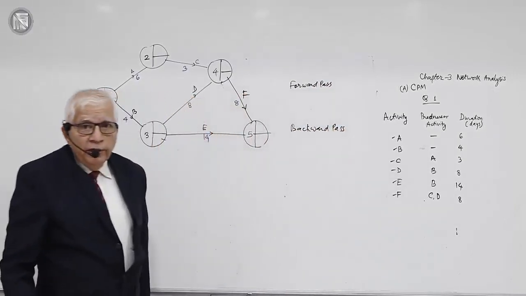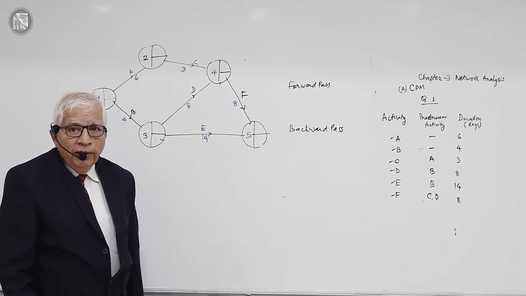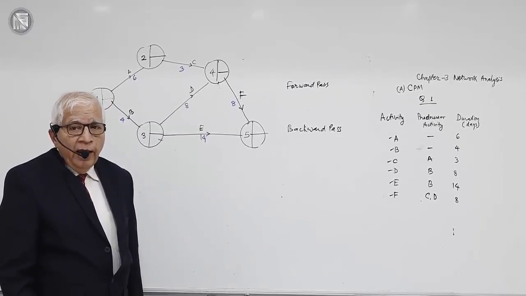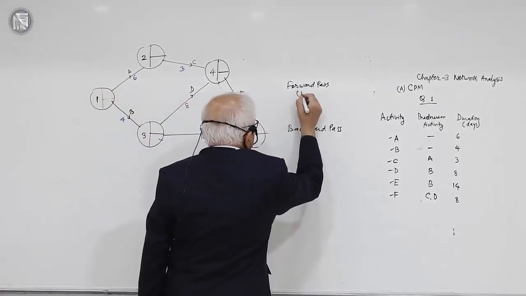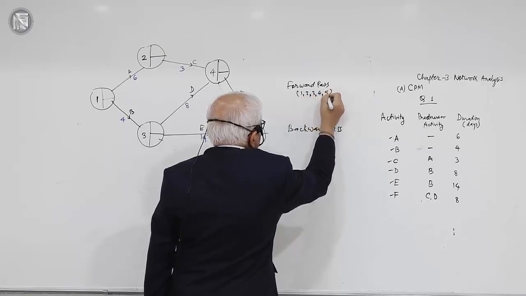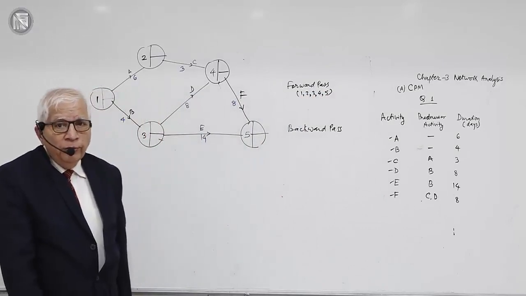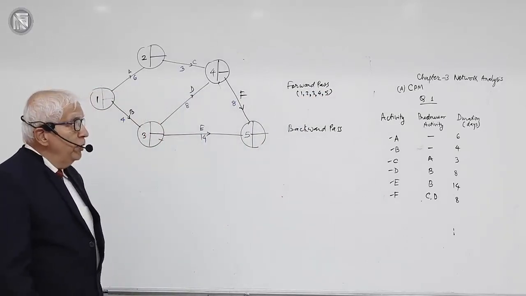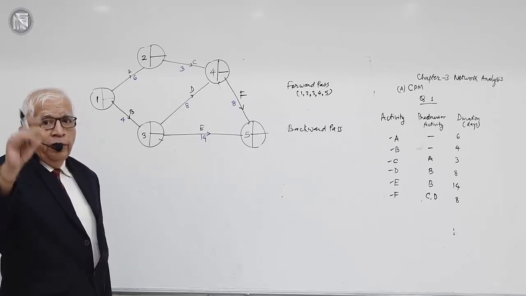What is forward in the word forward pass? We start with event number 1 and go to the last event. For example, in this particular case, it will be 1, 2, 3, 4, 5. Why 5? Because 5 is the last event. If it was 10, we would have gone up to 10. So forward pass will be doing the calculations starting from event number 1 and sequentially going up to the last